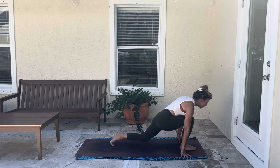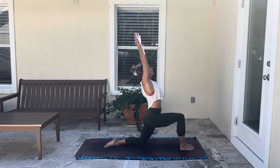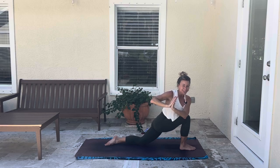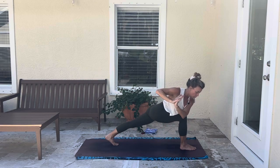Exhale, lower the back knee down. Okay, inhale, sweep the arms high. Exhale, prayer twist to the right, hook that left elbow. So if you like, you can tuck the back toes and lift the back knee and then hold here for